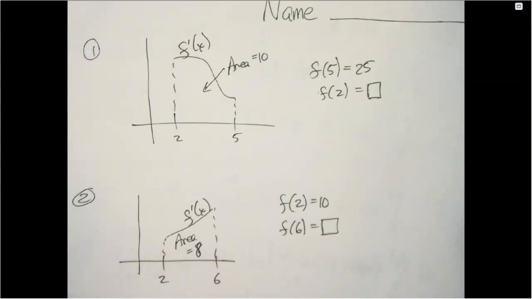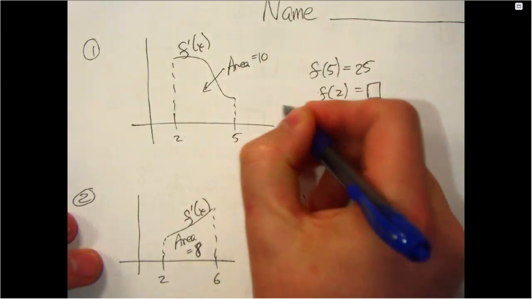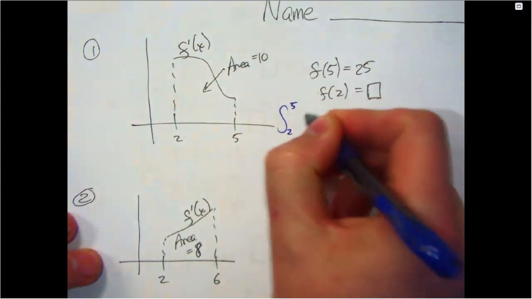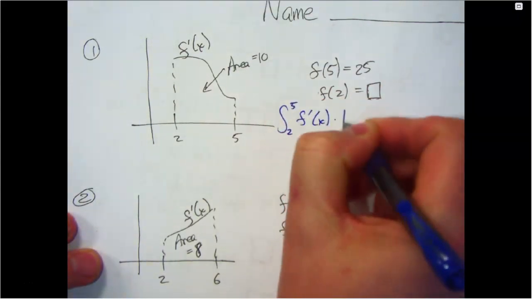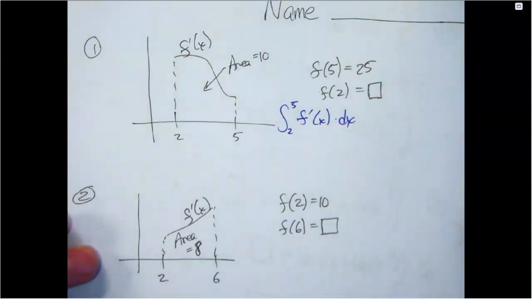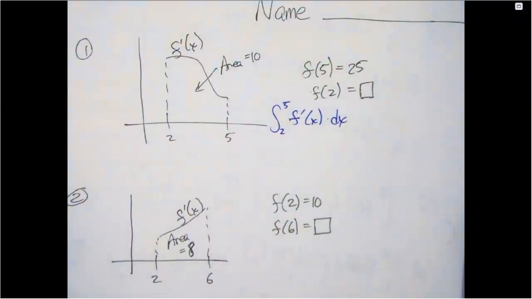And you don't even necessarily need it. You can kind of skip through it once you understand it. But let's go through without it. So if I integrate from 2 to 5, f prime of x, plus